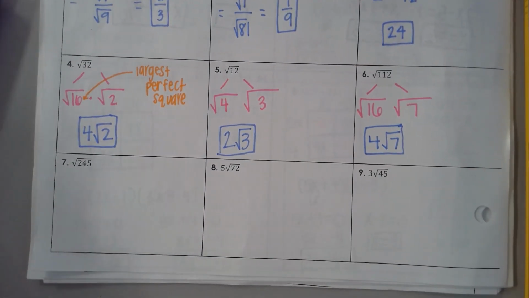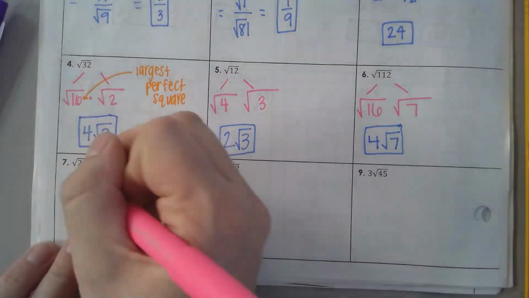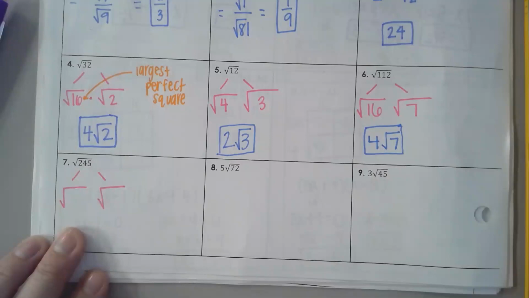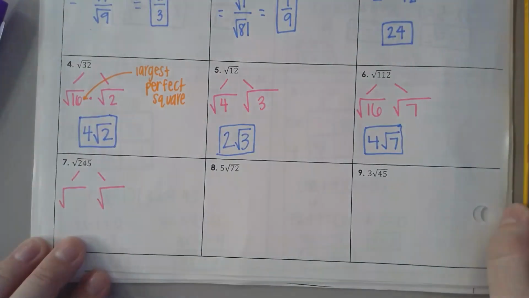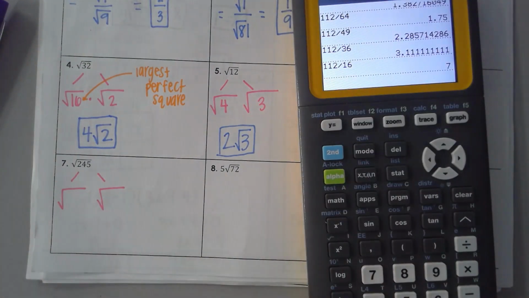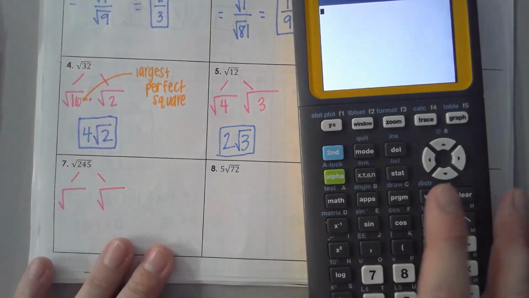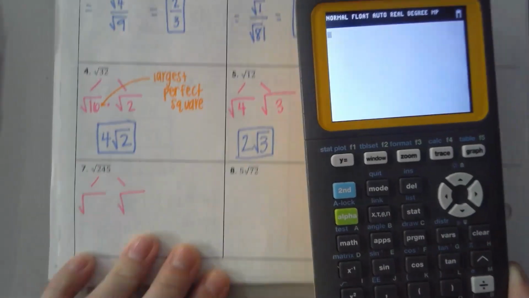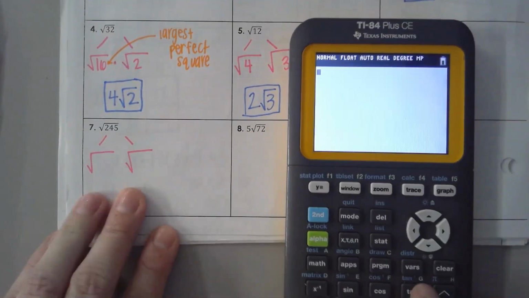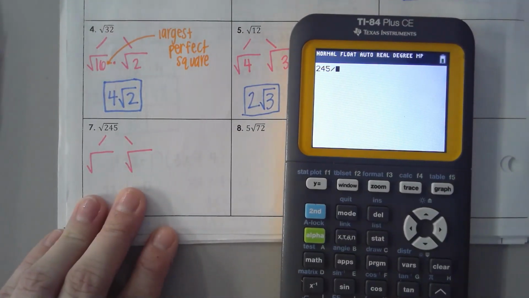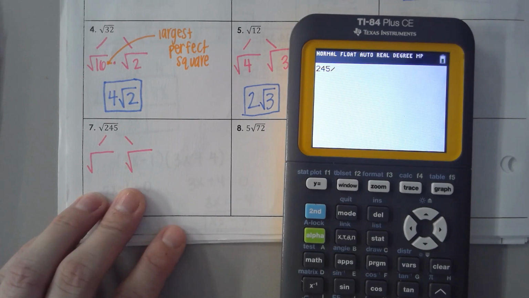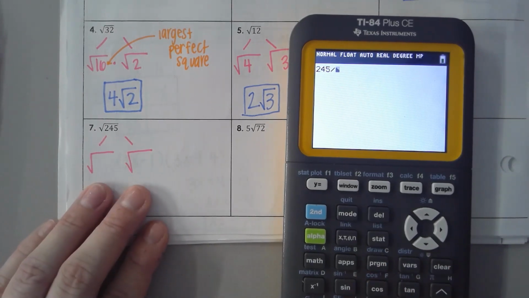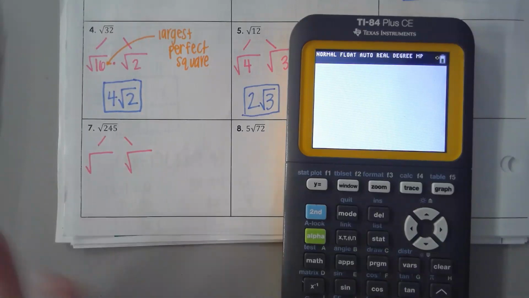Let's do number 7. And the reason that I suggested that you know your perfect squares is when you're doing this, you don't want to have to pull out a list every time or write out your own list. That takes a lot of time. So 245, I'll probably start with 81. I know any numbers bigger than that really aren't going to go in there. You might want to try 121, but